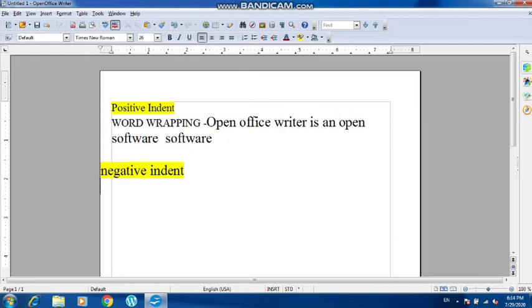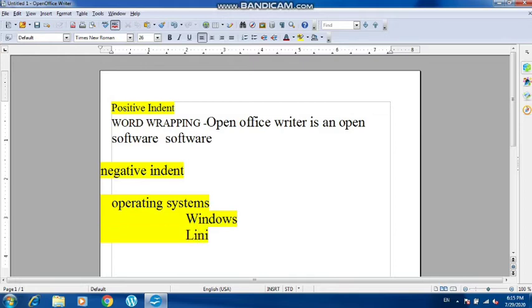Now what is hanging indent? The last type is the hanging indent, where you write text in a paragraph in which you have mentioned a few points under a line, and that will be called a hanging indent because it will be hanging. There is no indent, it is not starting with the positive indent, it is not going to the negative indent, and it is not going to the page boundary. However, it is lying between the page margin. That is why it is called the hanging indent.